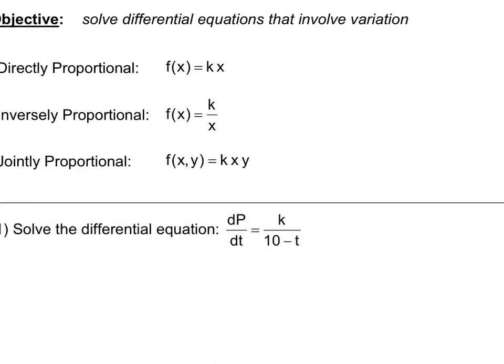It was fine where it was. It's the dt that needs to move. All right, so I am going to move the dt to the right. There is no p in there, so I don't have to worry about moving that. Moving something that doesn't exist, the dp would be all by itself. All right. So k over 10 minus t